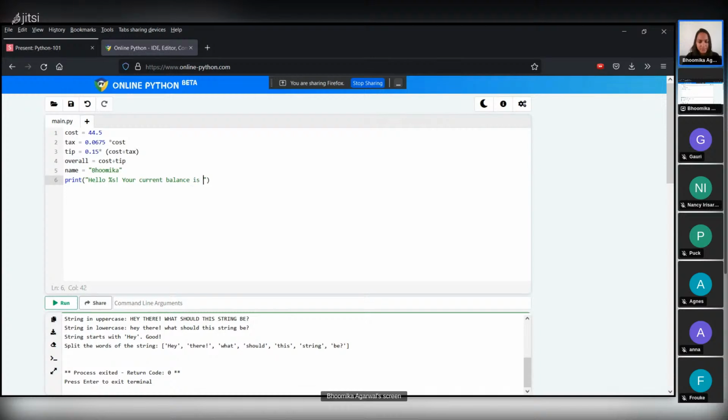I'm using percentage 0.2f because I only want to show the first two decimal points. So I'm going to put name and overall here. And when I run this,